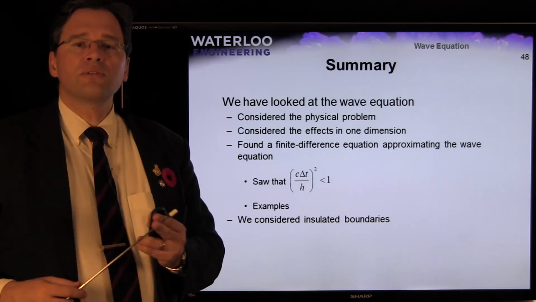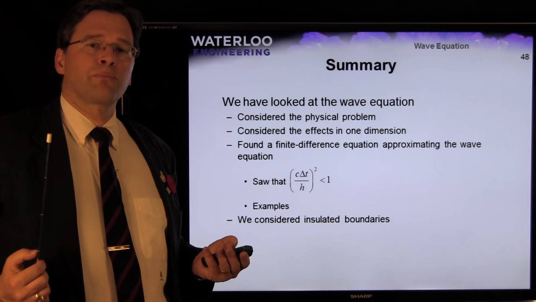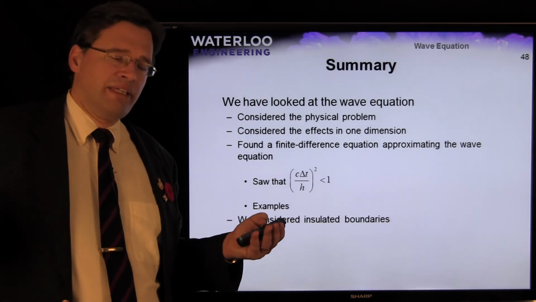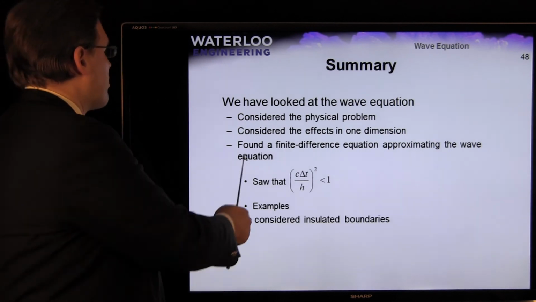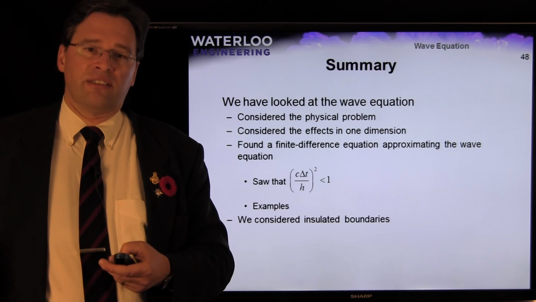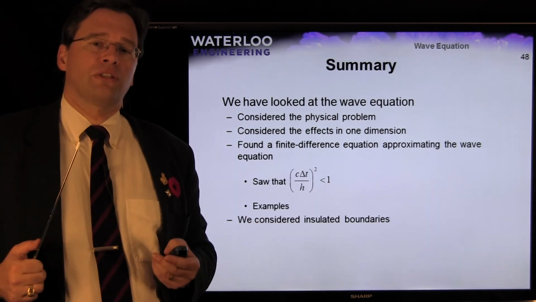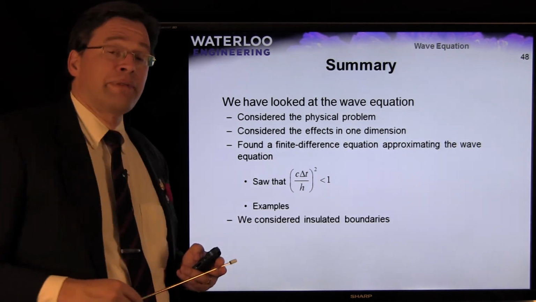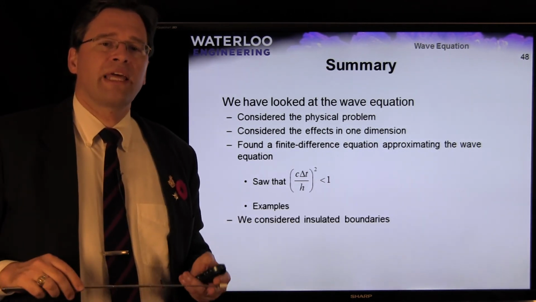So in summary, we've looked at the physical problem of the wave equation. We've considered how we can implement this in one dimension. We have found a finite difference equation approximating the wave equation, and we can use this finite difference equation to approximate a solution to the wave equation. This ratio has to be less than 1. We looked at the implementation and a few examples, and then we considered